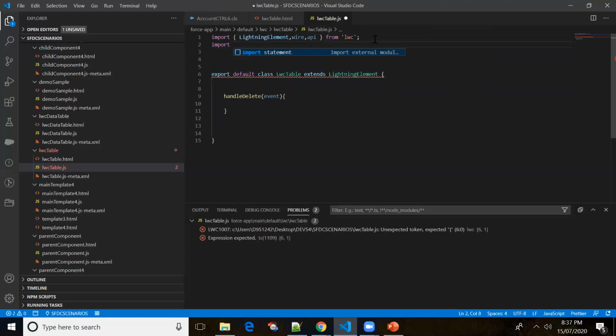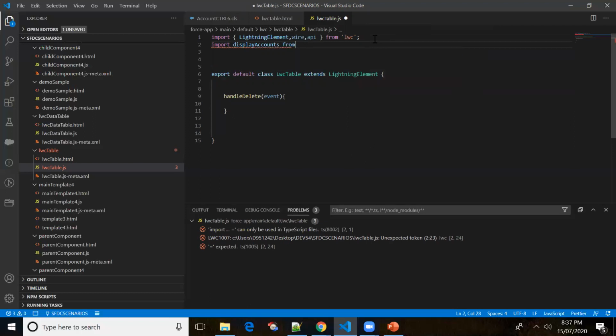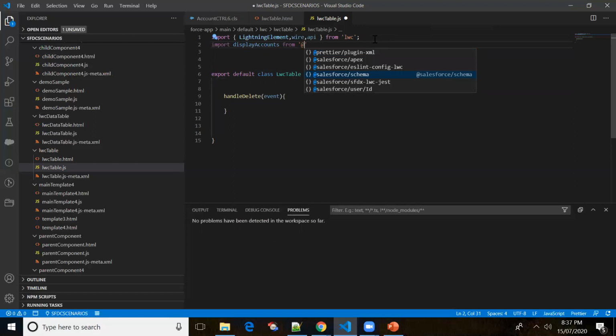Display accounts should be from Salesforce Apex, and the name of the class is AccountController6, then the name of the method, display accounts. Okay, so that's it.